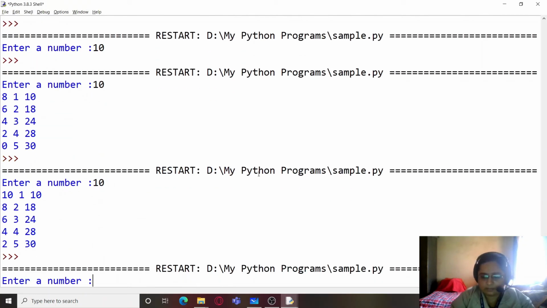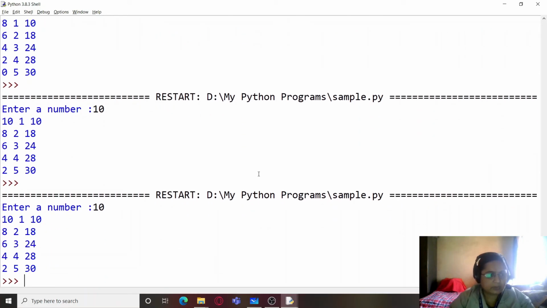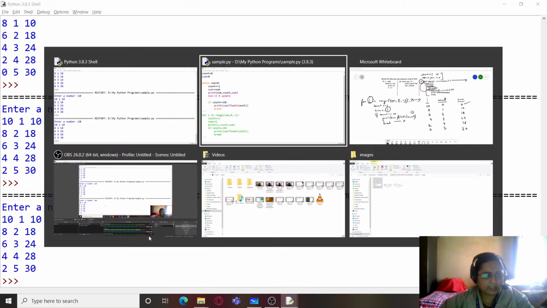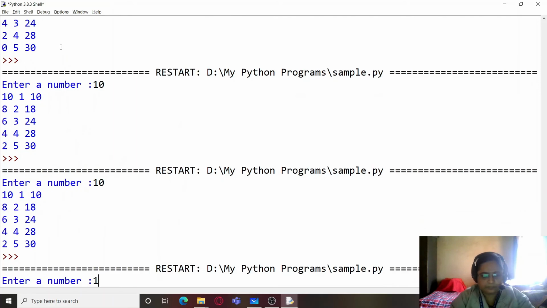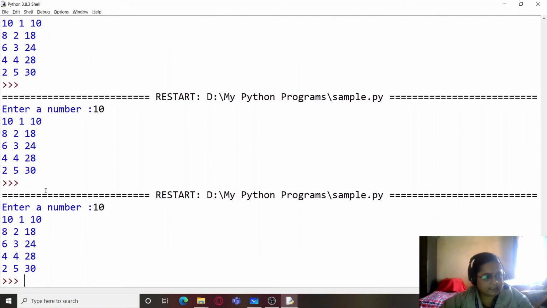So enter a number, so we are entering 10. Now you can see that we get the same value starting from 10, and here also if I just hide this, and if I unhide the for loop, here also I will get the same. So now we are getting the same value. So values are the same.